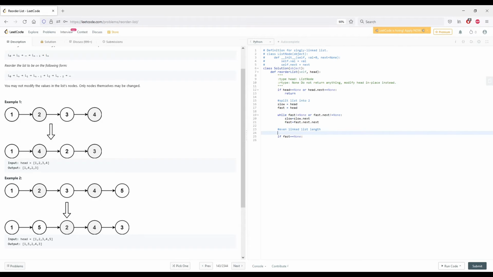And what I want to do is list 1 equals head, list 2 equals none, list 1 is equal to head always. List 1 is going to be our forward direction, first half of the list. List 2 is going to be our second latter half of the list, which is going to be in reverse direction. Okay, if fast is equal to none, then list 2 is going to be slow,